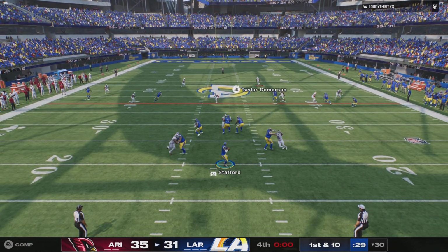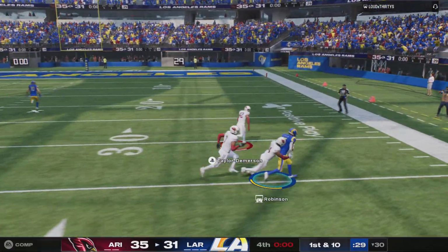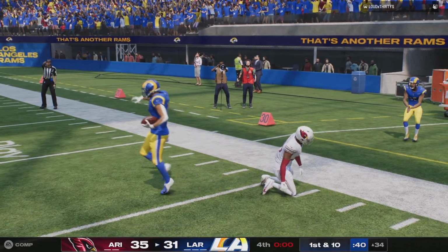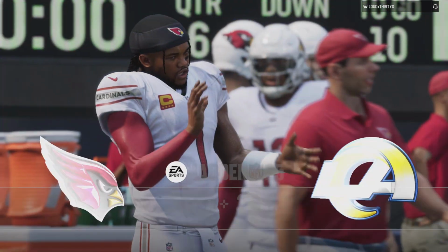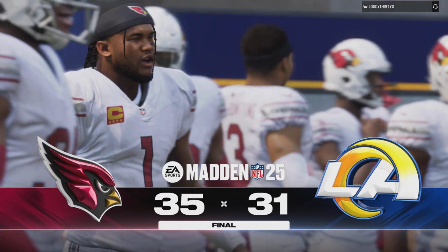One final shot here. A bit of desperation on this deep shot. They connect on the deep ball, and they bring him down around the 34. So the Cardinals pick up the win in this one. And there was no easing up. It took some white